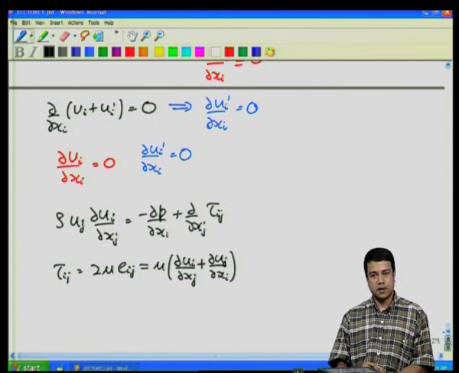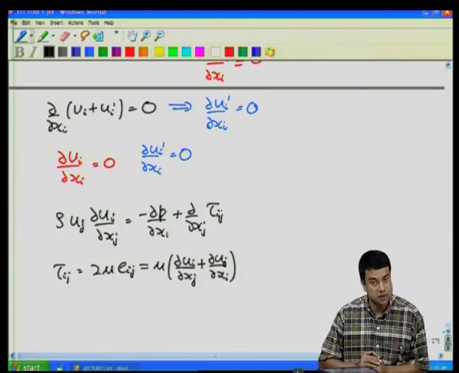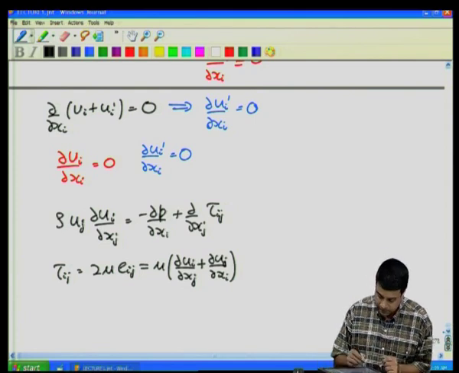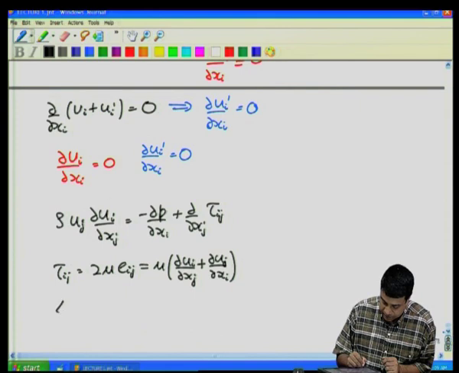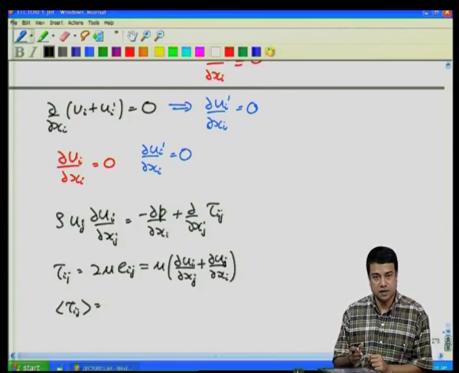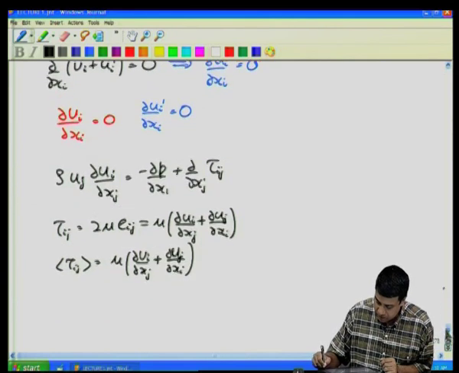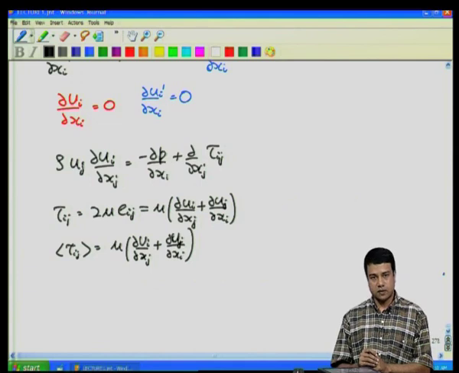Now, this you separate out into two parts, one is the mean and the other the fluctuation. The first is the mean velocity and the fluctuating velocity. Similarly, for the pressure as well as for the shear stress. The shear stress of course has a mean value. Since the shear stress is linear in the velocity fluctuations, if I just take the shear stress, integrate it in time and divide by time, on the right hand side I will just get the mean velocity gradients. So, that is the mean value of the shear stress. Similarly, the pressure also has a mean value.